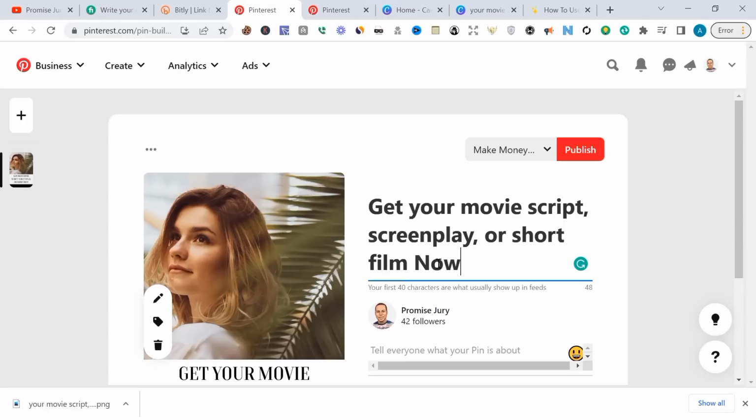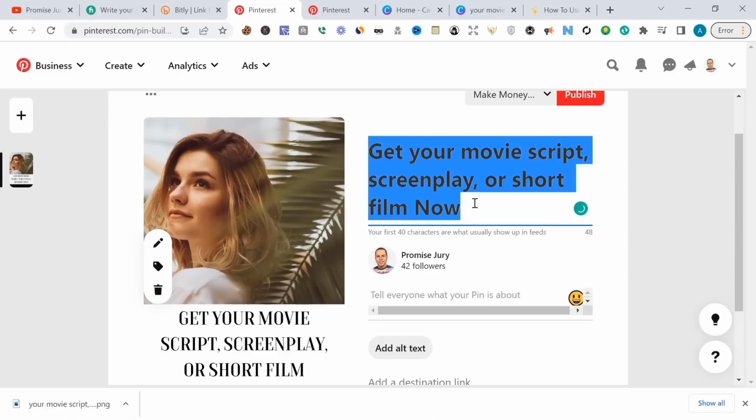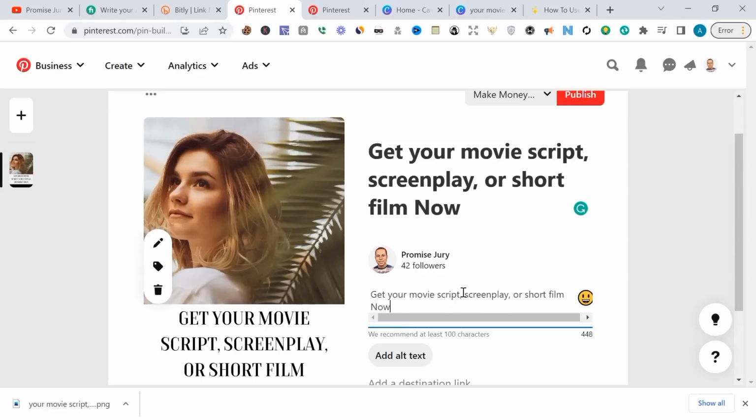Let's say we want to put a call to action. The next thing we want to do is to copy the same thing again and paste it in your description. If you have more to write, you can just write more there. The next one to do is to put in your hashtags right now. Just go to your